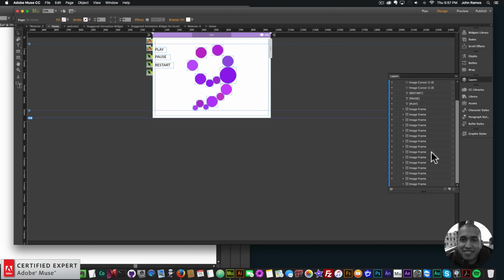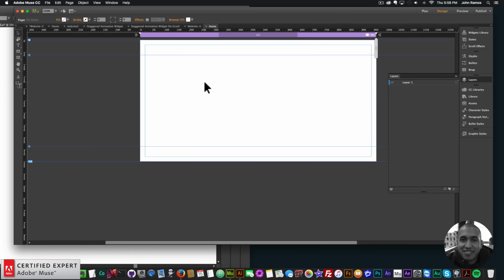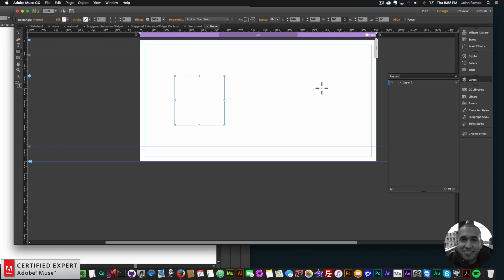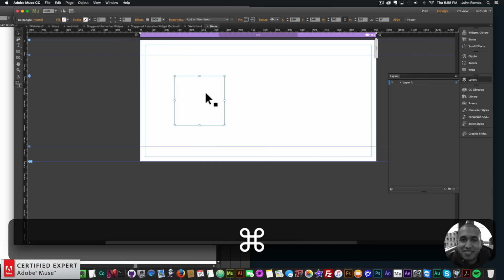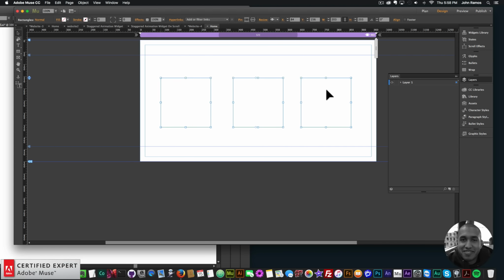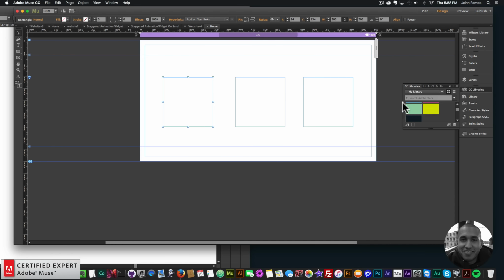With rectangles, it works a little bit differently. It doesn't quite work with the bottom to the top, but I'll showcase that here. So I'll create, let's say, 3 rectangles, and I'll use the CC libraries. And one thing when creating rectangles as well, kind of a little shortcut or a little tip,